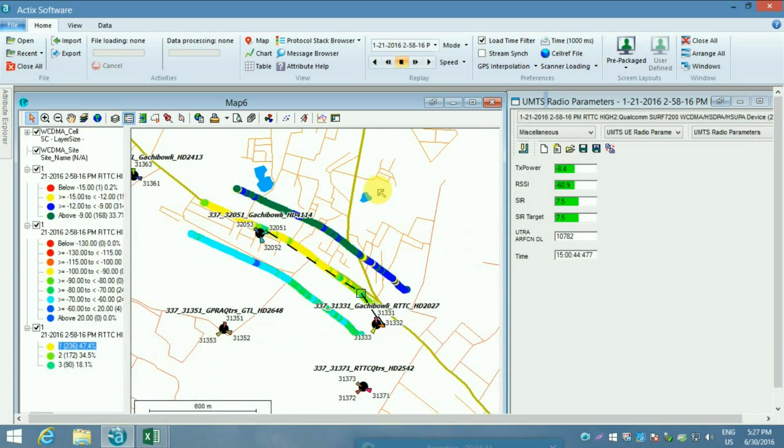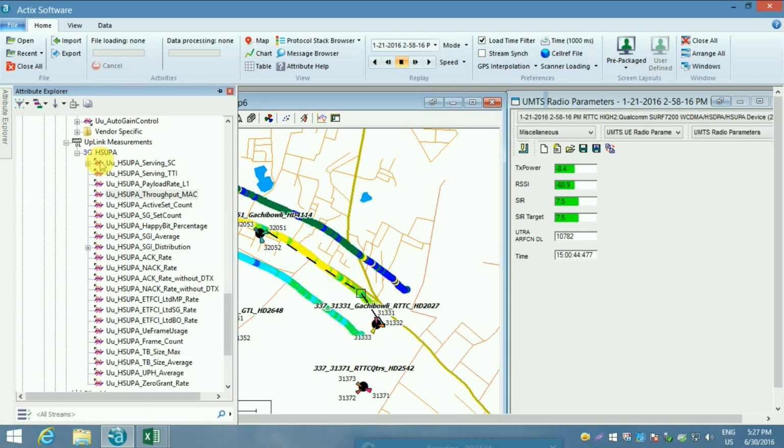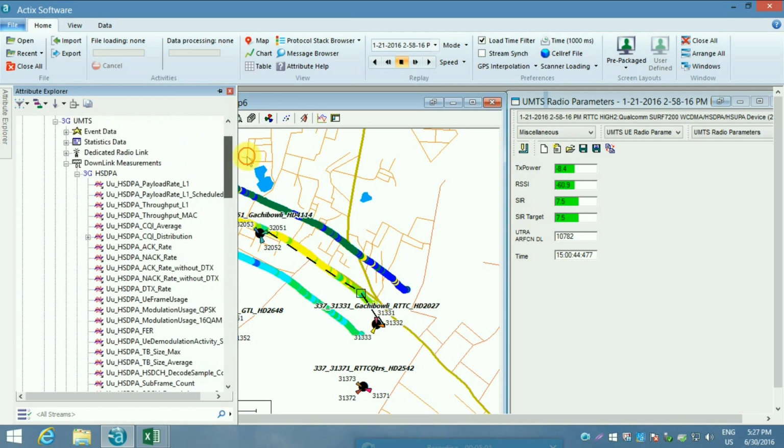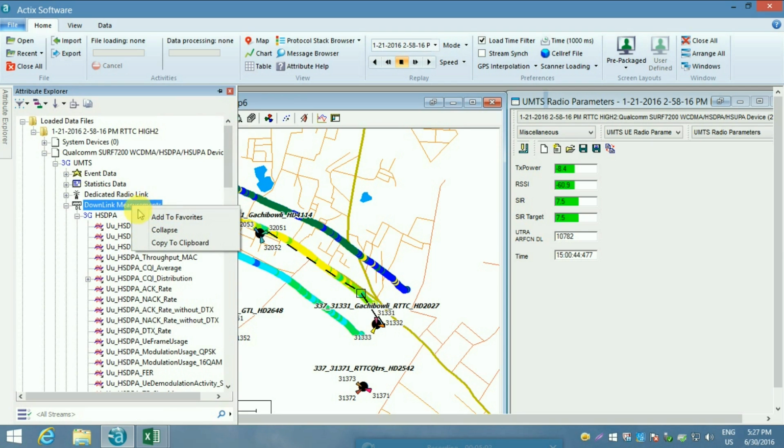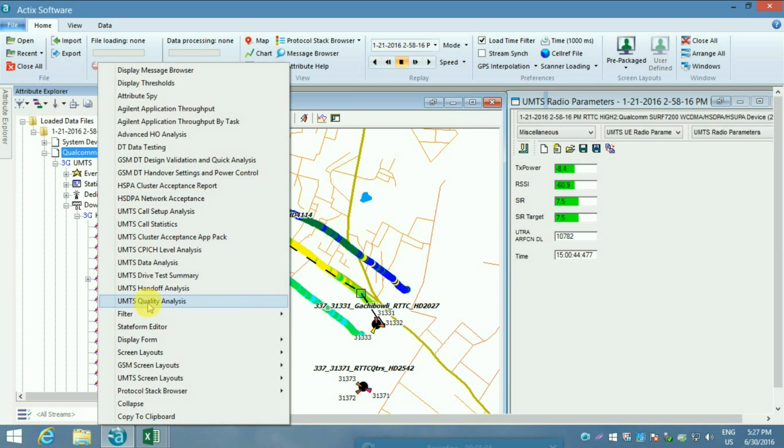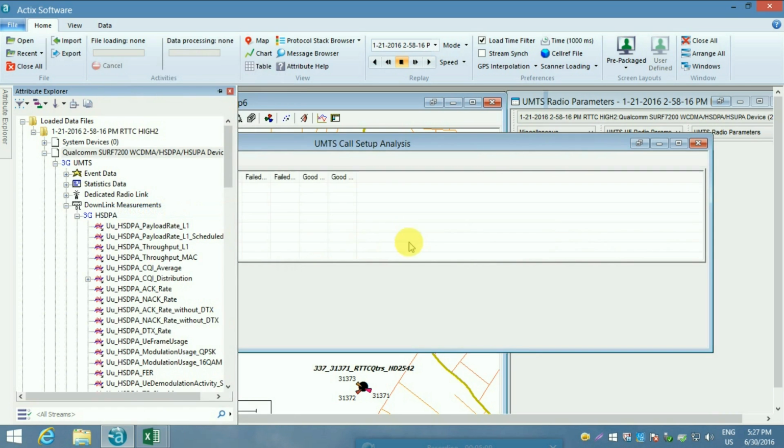Then the most important things that are to be analyzed are the key performance indicators. To view or measure the key performance indicators, we need to go through the downlink. UMTS call setup analysis.